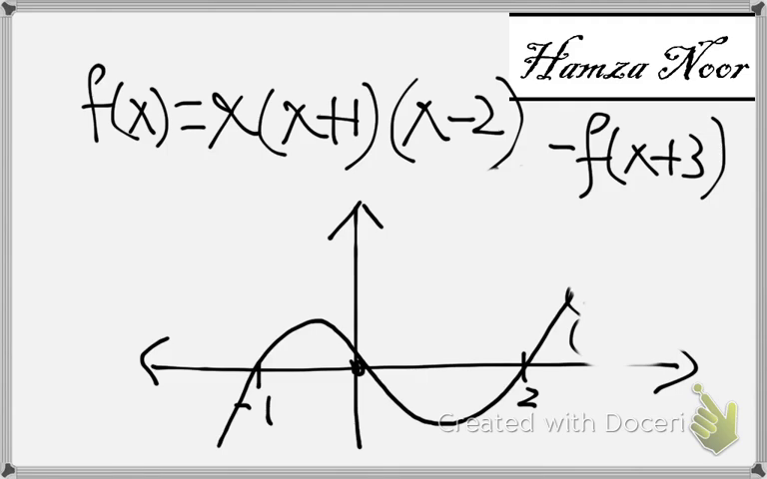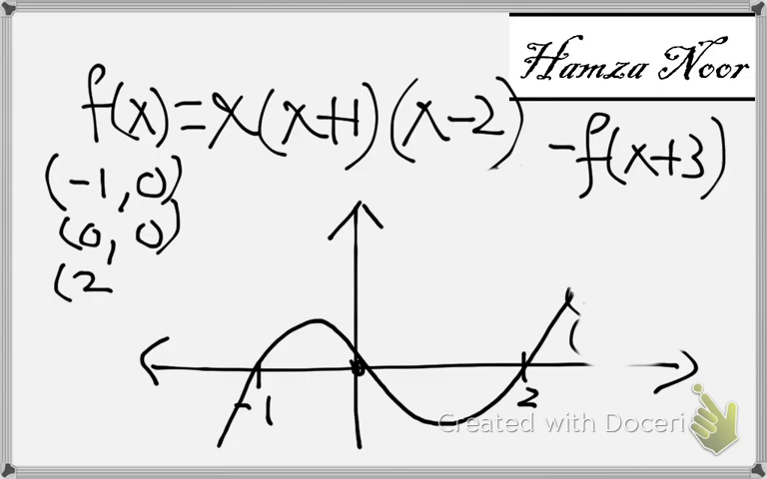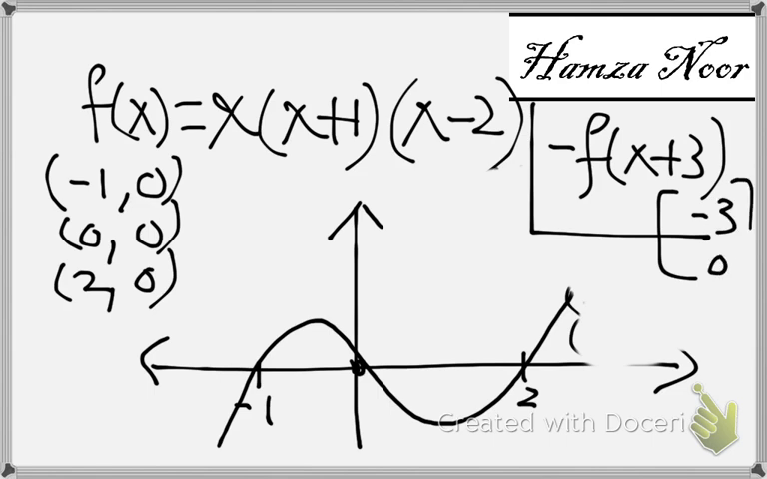The coordinates are (-1, 0), (0, 0), and (2, 0). Only a horizontal translation, right? So the x coordinates will be moved by -3. This is a horizontal translation of -3. The translation vector is (-3, 0). All of these points will be shifted horizontally by -3. So this will come to -4. This origin will come to -3, somewhere like